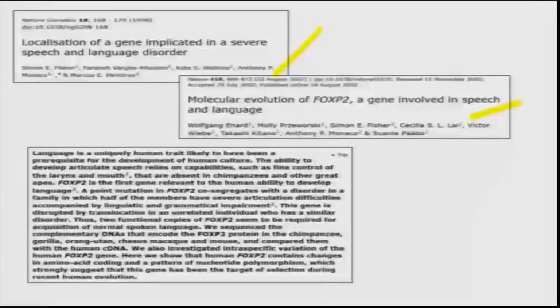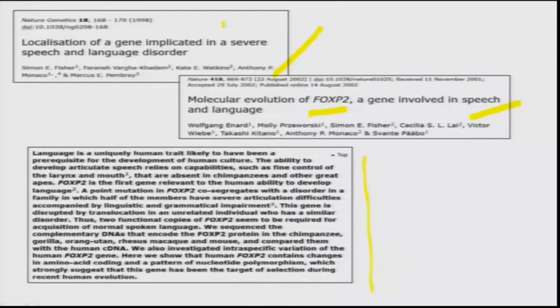So, now a similar study was done. There is a paper in 2002 where they looked at this gene FOXP2 which is involved in this severe speech and language disorder. They looked at the evolution of the FOXP2 gene across different species, and I am just putting this paragraph here,